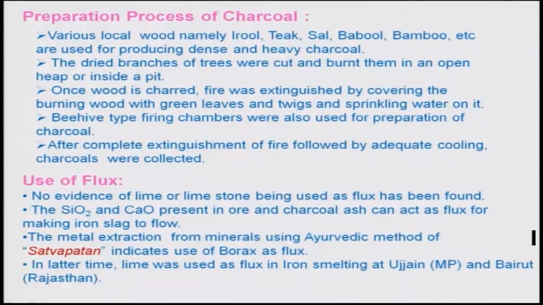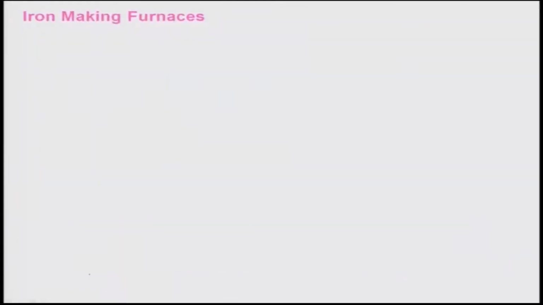The extraction from material used by the Ayurvedic method, that is Satapatana, indicates use of borax as a flux. We will be discussing how they were using the borax in the particular Ayurvedic method of making iron. In later time, lime was used as a flux in iron smelting in Ujjain, MP and Bariat in Rajasthan. Right. So, these are the kinds of flux material they were using to remove the slag during the smelting